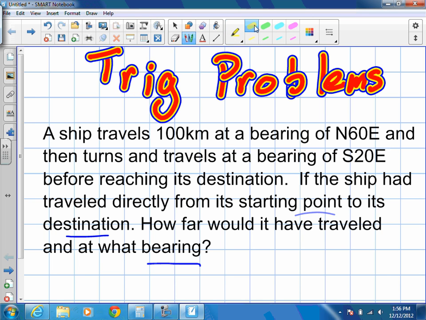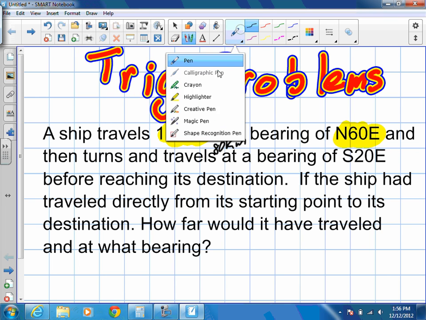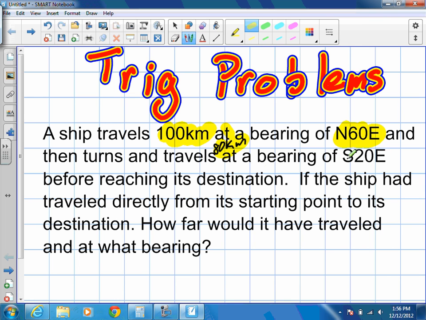There's quite a bit here in these few sentences. A ship travels 100 kilometers at a bearing of north 60 degrees east, and then it turns and travels from there after 100 kilometers. Oh, there's a part missing. 80 kilometers. It's supposed to say 80 in here, and I'm going to write that in for us, because otherwise we're missing a little bit of information. Travels 80 kilometers at a bearing of south 20 degrees east before reaching its destination. If the ship had traveled directly from the starting point to its destination, how far would it have traveled and at